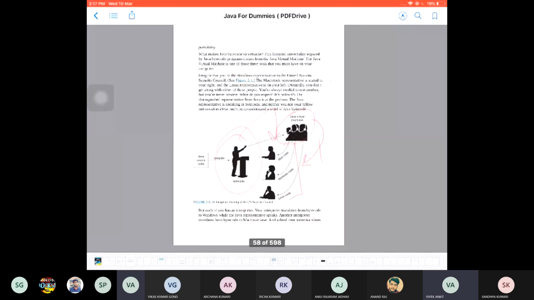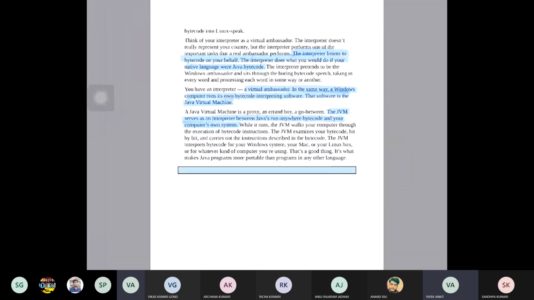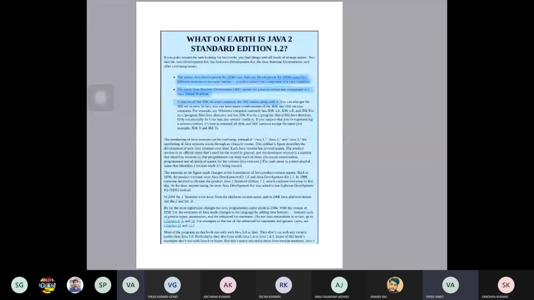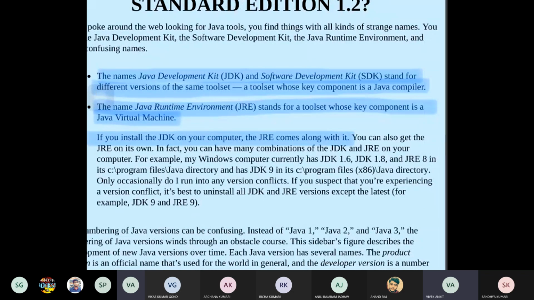So this was the work of the JVM. First the compiler makes the Java code runnable anywhere, and after that the JVM performs its work to make it processor understandable. Okay, there are some other important terms to know. The JDK, Java Development Kit, and in C it's also known as the SDK, Software Development Kit. What do they do?